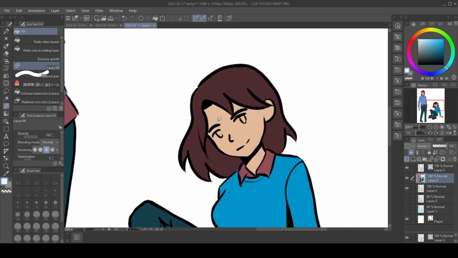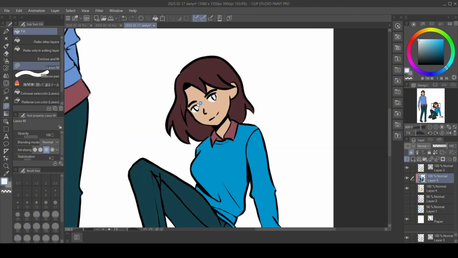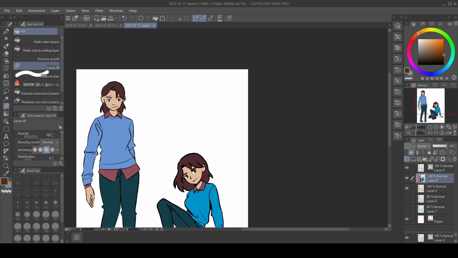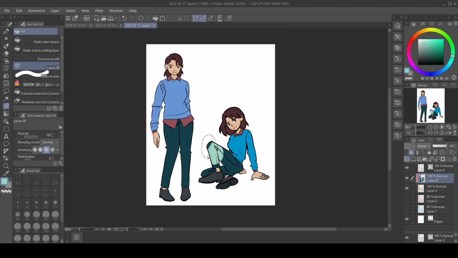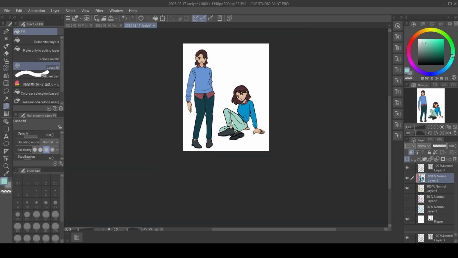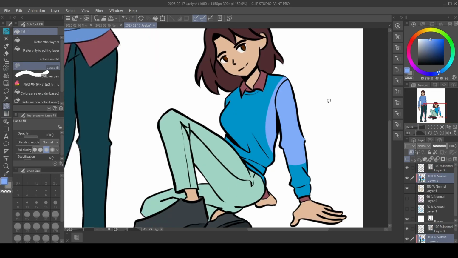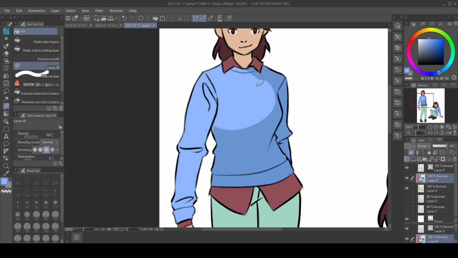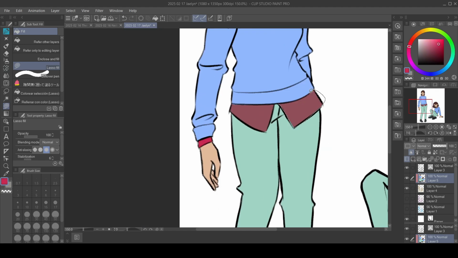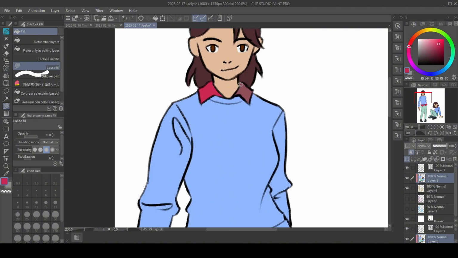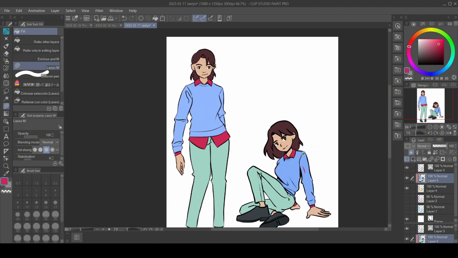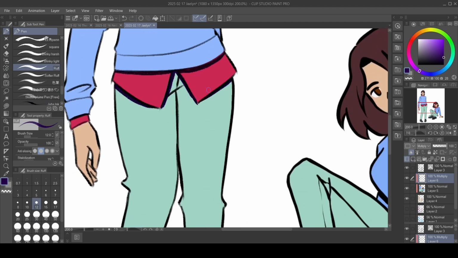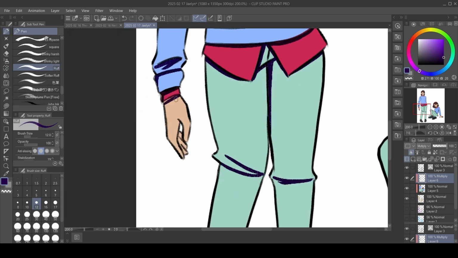I really enjoyed drawing these characters. Lately I've been addicted to drawing digitally, and I haven't been drawing traditionally as much, which is weird because normally I'm the other way around. I'm primarily a traditional artist, but I've been enjoying this, and I think I'm finally getting the hang of Clip Studio Paint. This is version 1 that I'm using, and I'm drawing using a Huion Canvas 13. The old one, not the pro version. It's just a regular Canvas 13, and it came out back in 2020 or 2021.